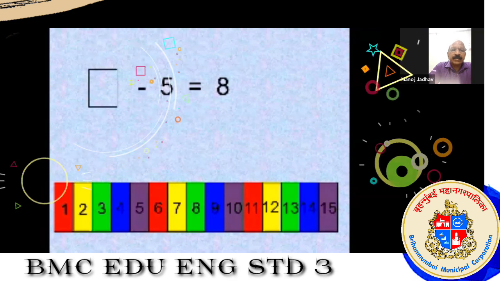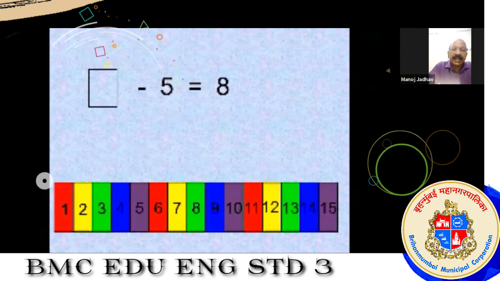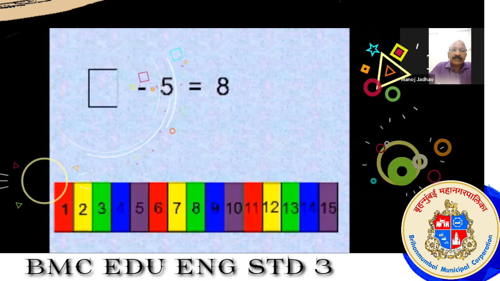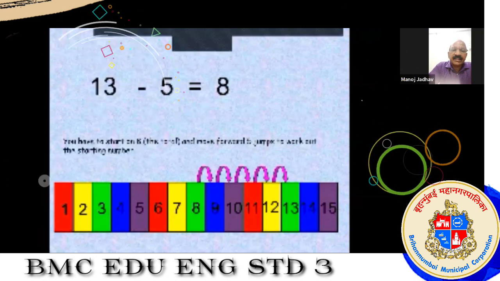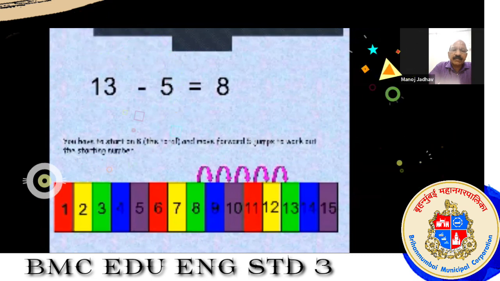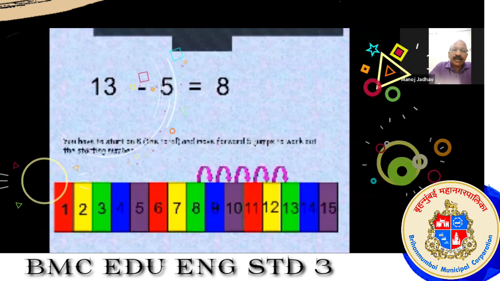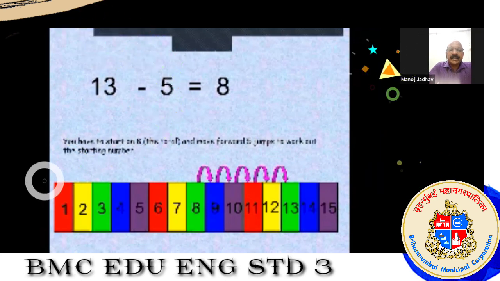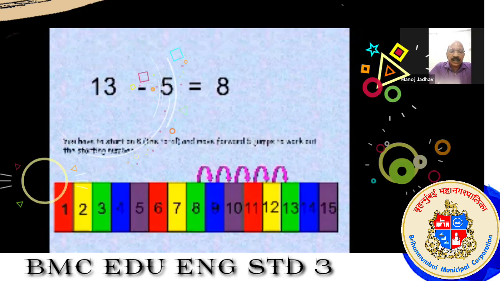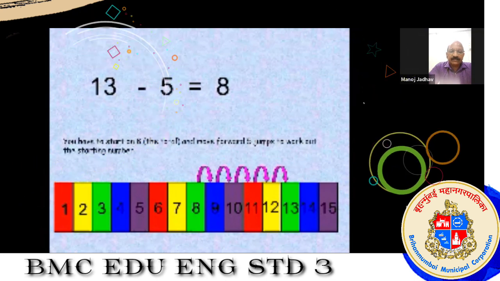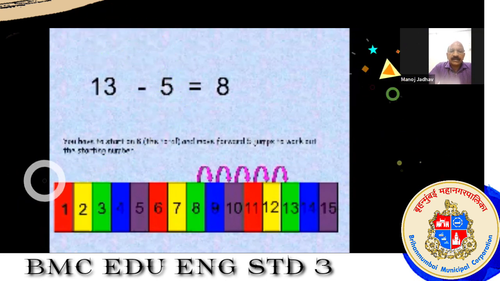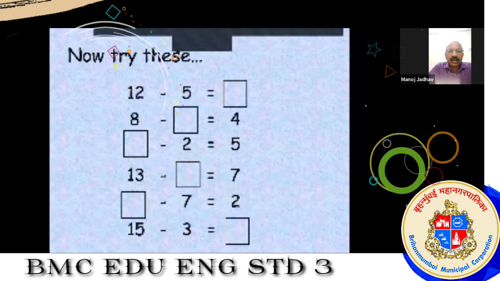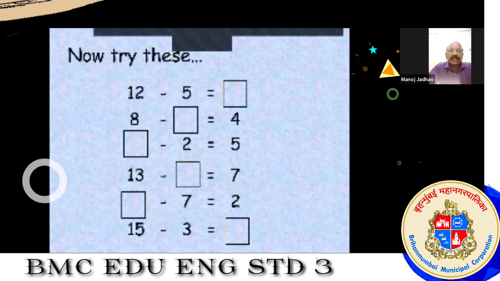We are standing at the number 8, place number 8, and from there we are going to climb up. First step we are reaching at 9, second step we are reaching at 10, third step we are reaching at 11, fourth step we are reaching at 12, and the fifth step we are reaching at 13. So 13 minus 5 is equal to 8. Very good, Imran. See one more example. I hope you all are understanding the way we are solving this.